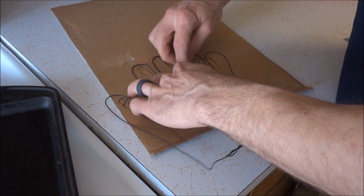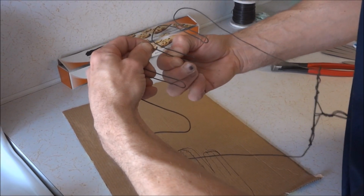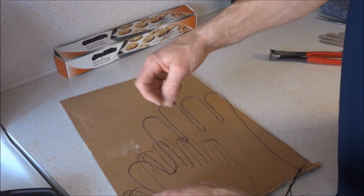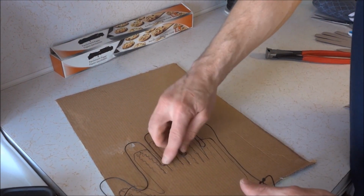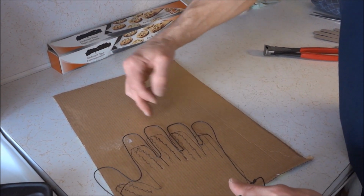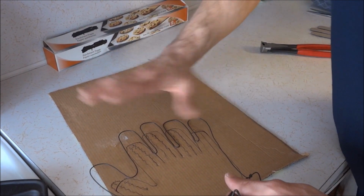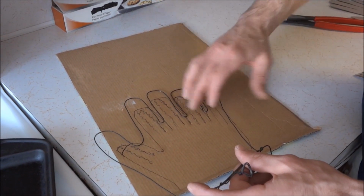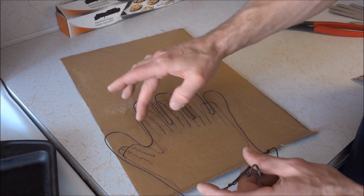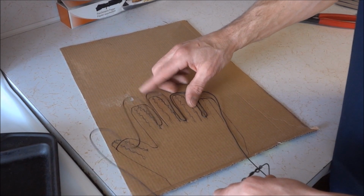Middle finger is good, but I'm going to bend it out just a hair at the bottom, because realistically, as it tapers up, you could make the top a little bit narrower than the bottom. And I also make sure that I bend my fingers in so that they're parallel to each other, so that when I cut them at the end, I can just cut one slit right down the middle and leave that alone. I don't have to worry about trimming it nicely. So I try to keep these parallel the whole way through and make the thumb a nice comfortable curve. Now that everything is checked out,